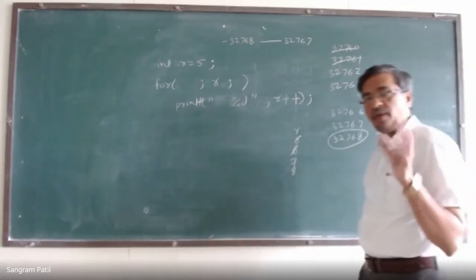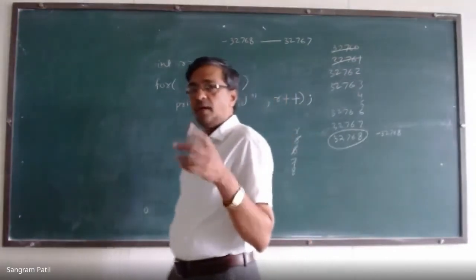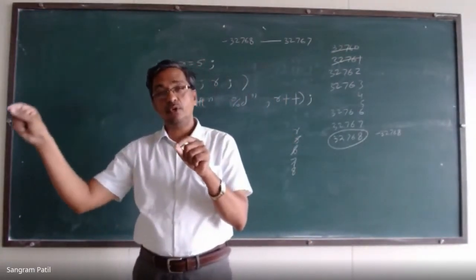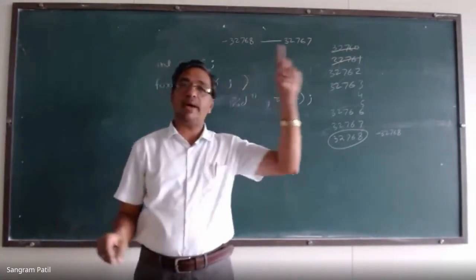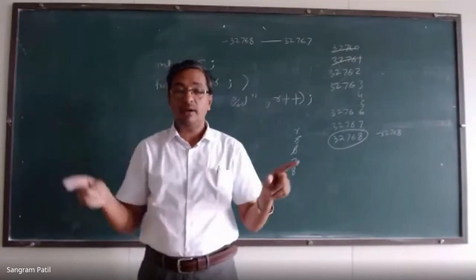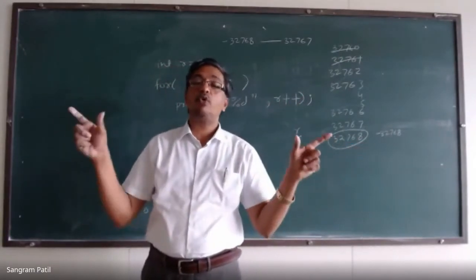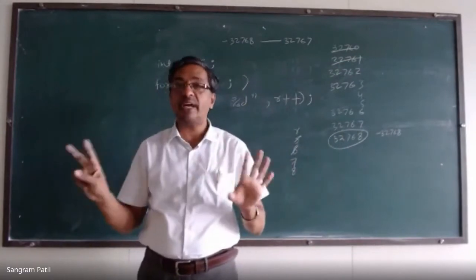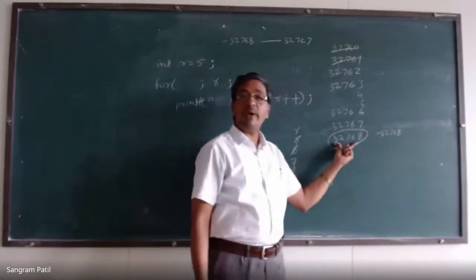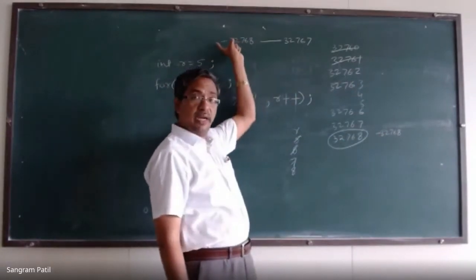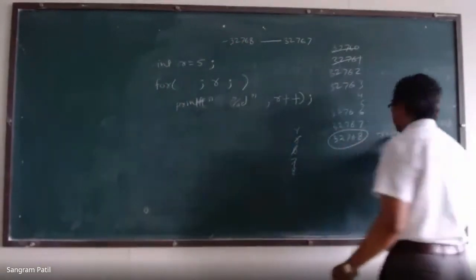Whenever you declare any variable as an integer, its value ranges from 0 to 32767, then minus 32768 to again 0. So it will rotate from minus 32768 to plus 32767 within this range only. The value does not go outside this range. In this case the value has gone out of range. So the compiler automatically transfers it to the negative side and this value becomes minus 32768.